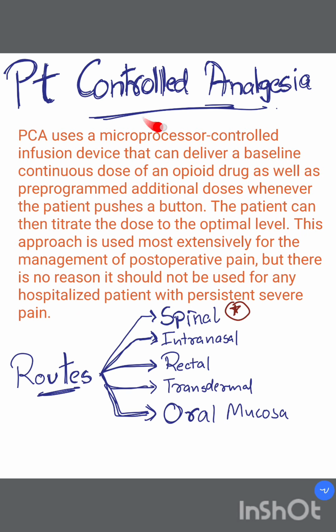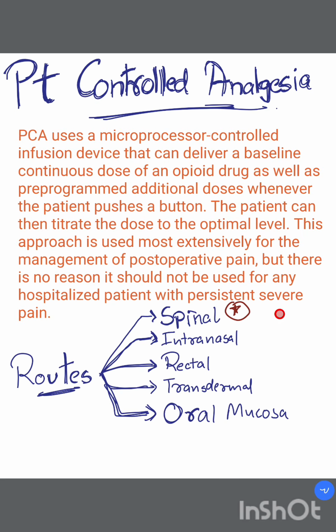So we must have a knowledge of patient-controlled analgesia. It is a good thing and it should be adopted. The second thing which I came across is the routes of administration. As the most potent route for giving opioids and having pain relief is the intravenous route,